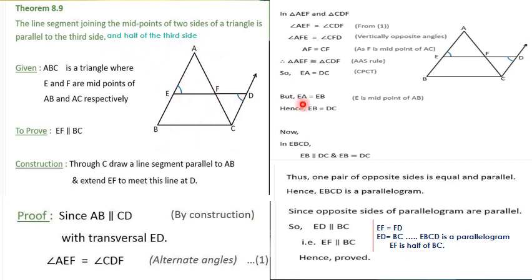So how to prove that? Already we proved and kept that these two triangles are congruent. So we can write EF is equal to FD according to CPCT of this proof. We already know that EBCD is a parallelogram. So opposite sides of a parallelogram are equal, isn't it? So ED will be equal to BC. So if ED is equal to BC and if EF is equal to FD, then F becomes the midpoint. So EF is half of BC.